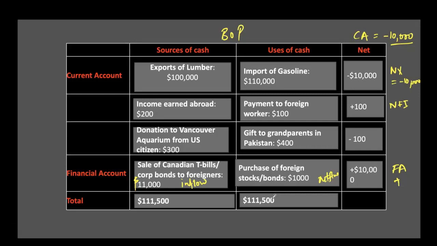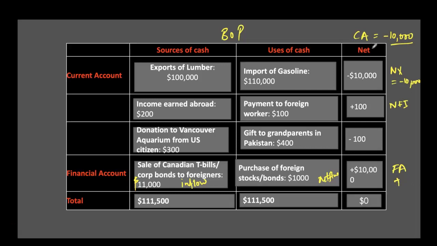This is a pretty interesting outcome. It's telling us that it doesn't matter what our source of cash is, whether it is through our exports, income earned abroad, transfer payments, or borrowing from foreigners. Total sources of cash must always equal total uses of cash in our balance of payment account. And if I take the balance of payments now, or the net of total sources minus total uses of cash, the answer over here will be 0.